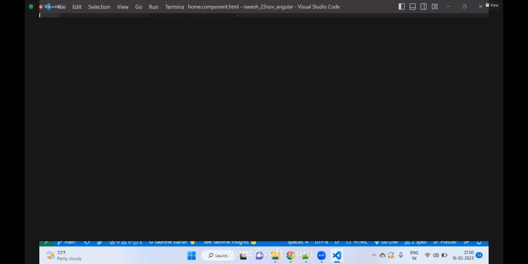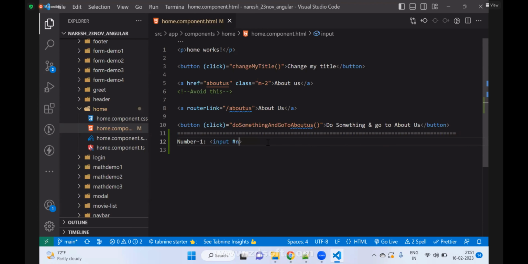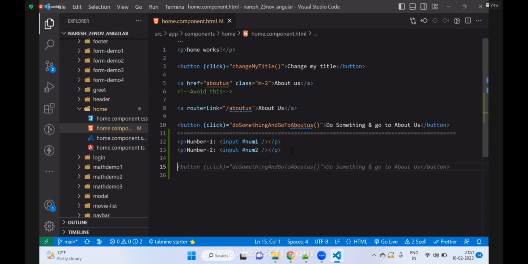Then I will have a template reference variable called num1. Then we will add another input box, number two, and a paragraph: addition of dollar num1 dot value and dollar num2 dot value